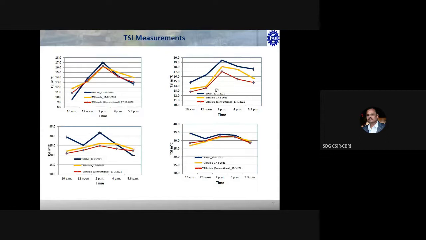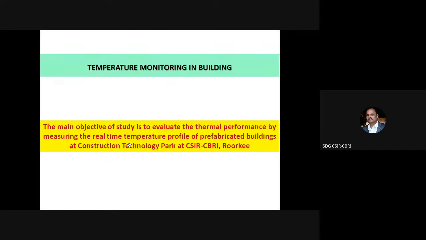So in case of the cold, the brick constructed model is again giving a lower temperature, that is TSI, which is less than the aerated block. That means the AAC block is performing better than the brick wall because of the thermal conductivity. That is one reason. Whatever the heat flow or heat loss is there, that is not there in this particular building. So if you see these graphs for February and March, you can see the performance of the AAC block is better than the brick one.